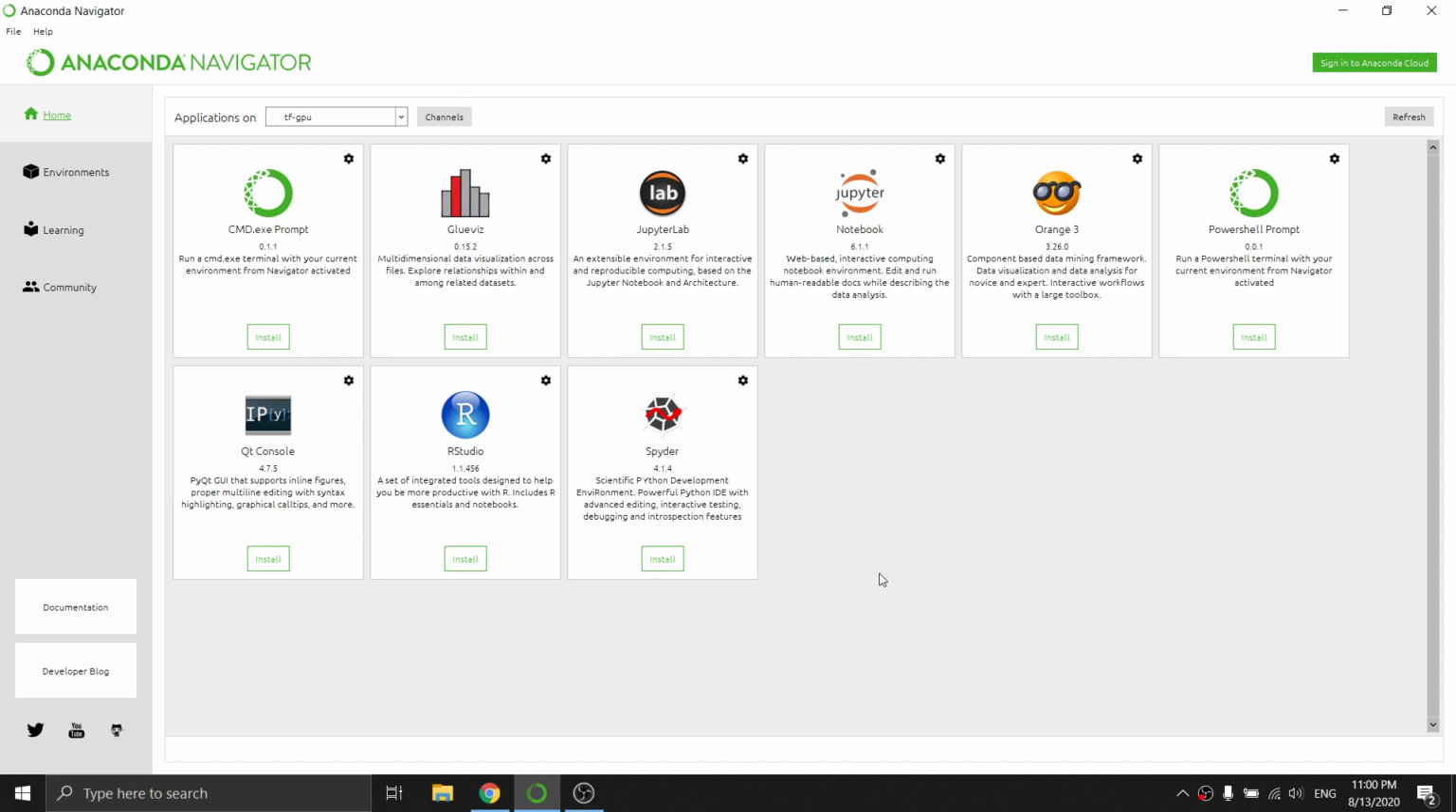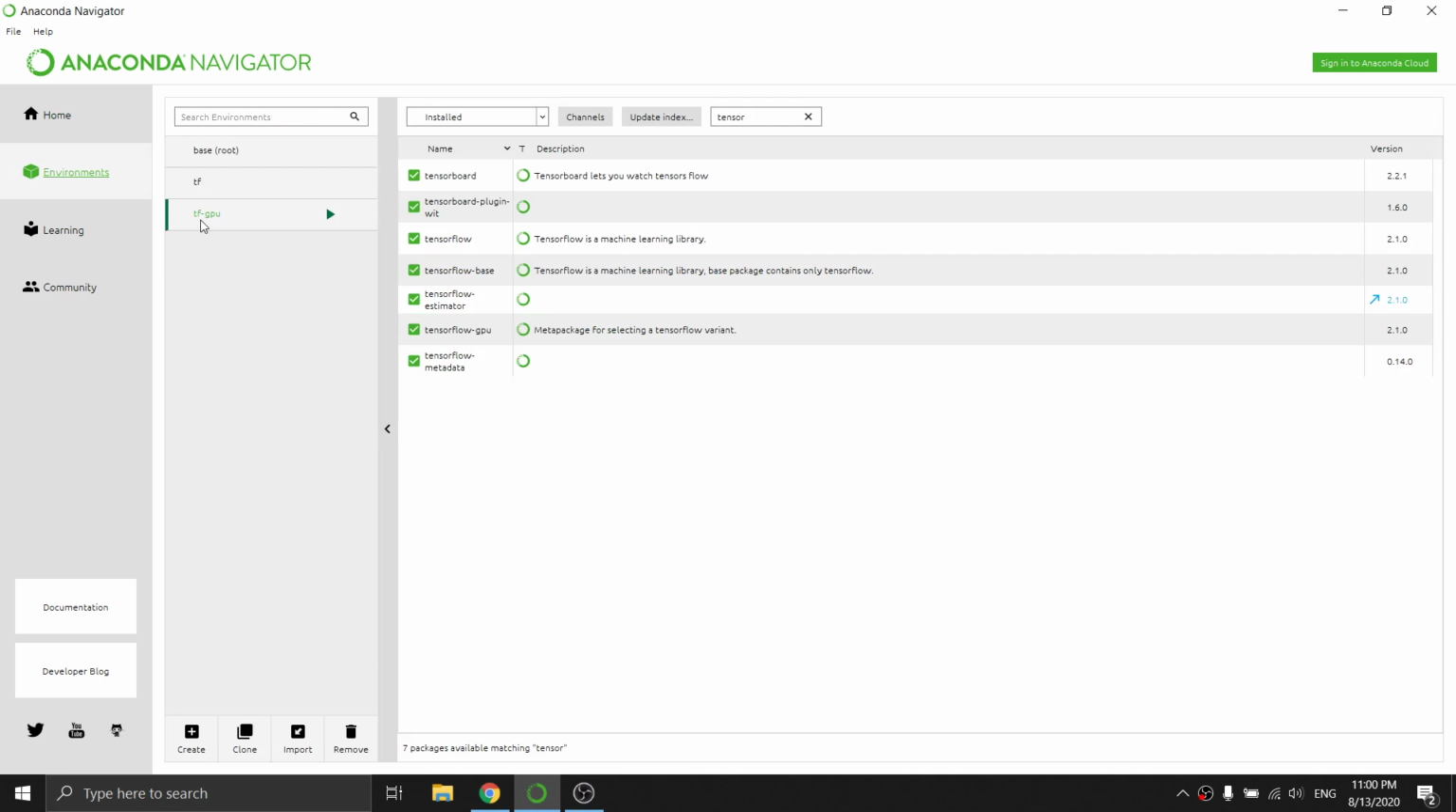So let me show you how to install Jupyter Notebook with TensorFlow GPU in an Anaconda environment. When you launch Anaconda, you can see from this navigator that when the environment is TensorFlow GPU and